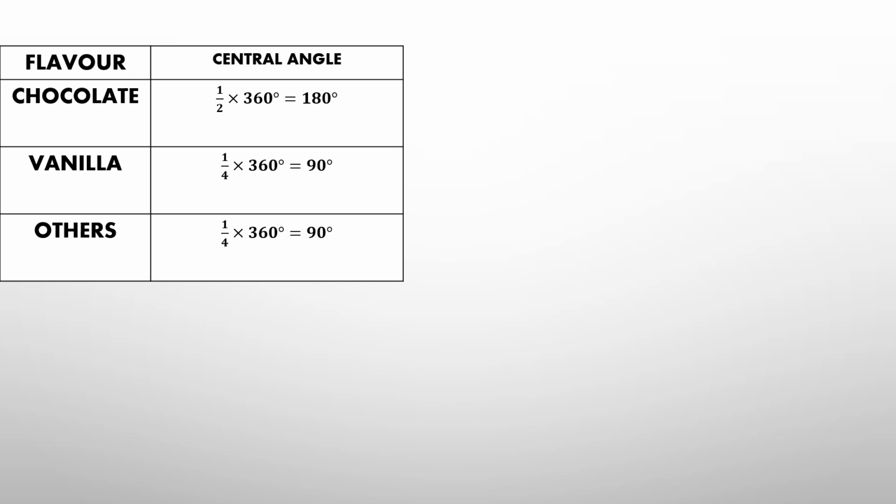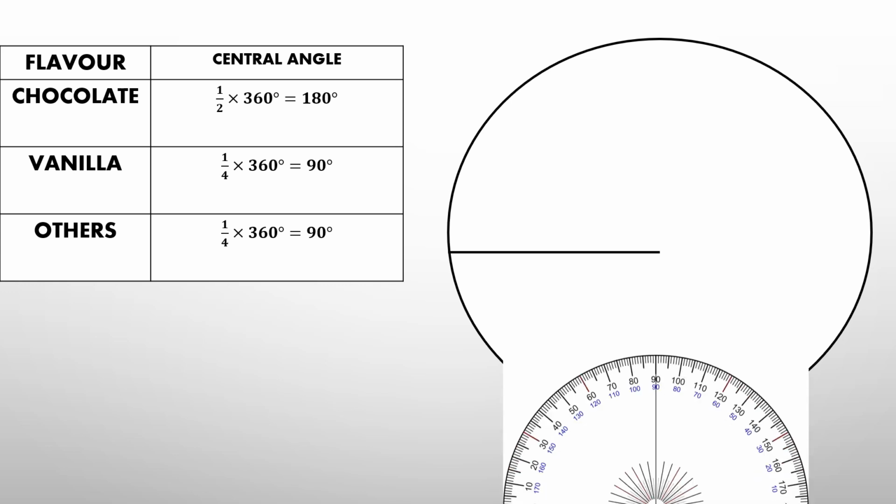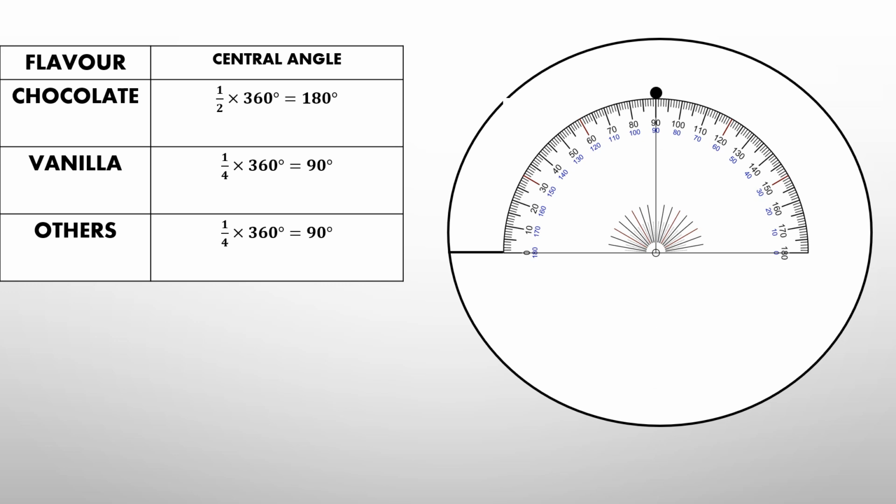Let us draw a pie chart or circle graph for the given data. First, we will draw a circle of any radius. We will mark any radius. Then, we will keep the protractor on this radius and mark angle 90 degrees. With the help of a ruler, we will make angle 90 degrees. The line will touch the circumference of the